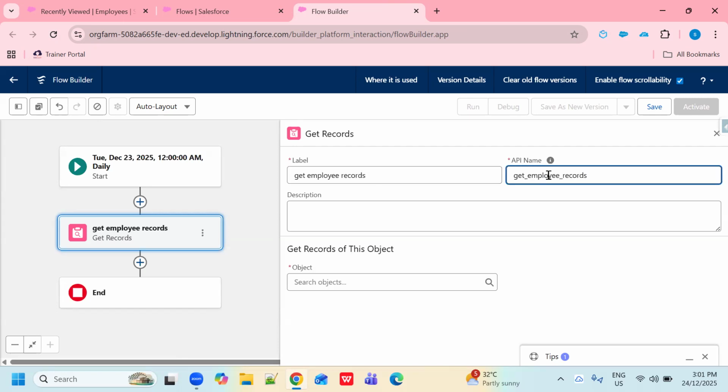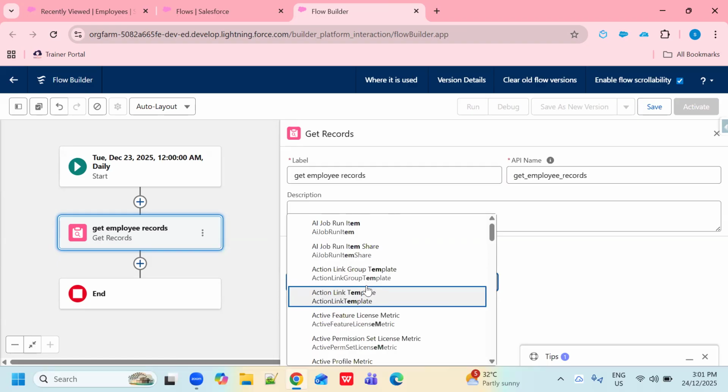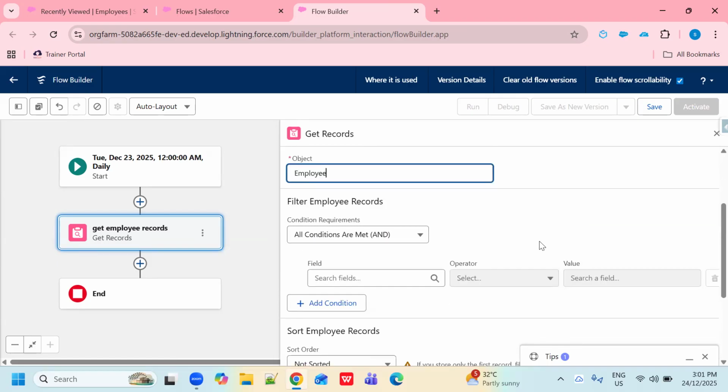You can give a name as per your choice. If you want to give any description regarding this element, you can write it here. From which object am I going to fetch my records? That is employee. We need to select that object from here.